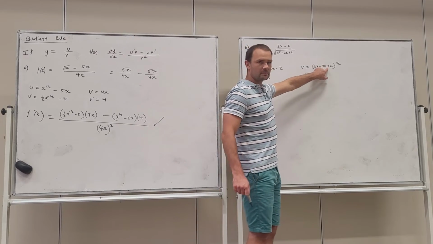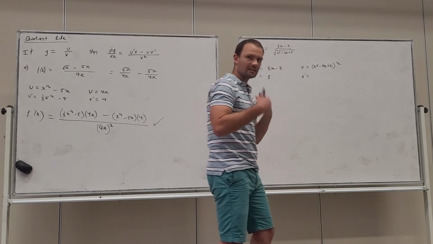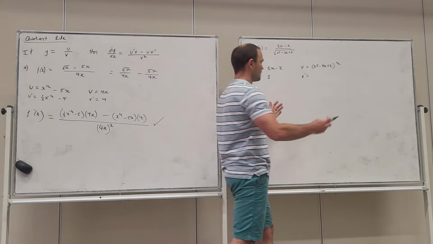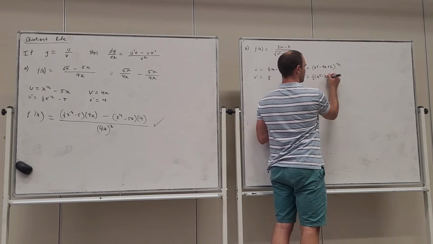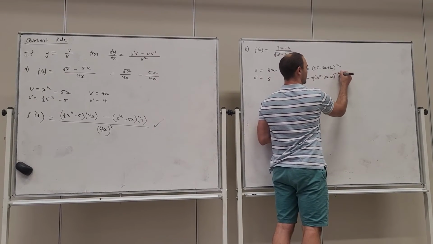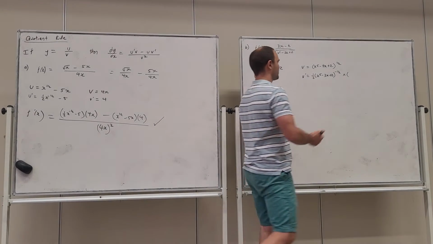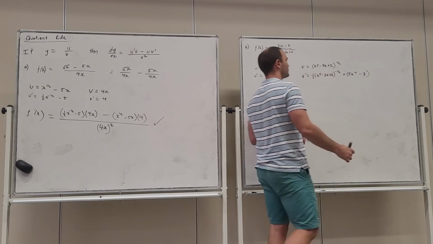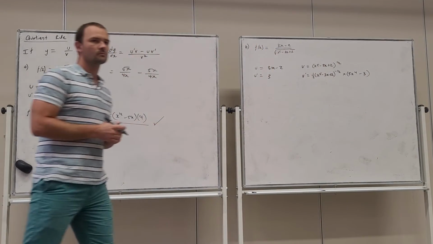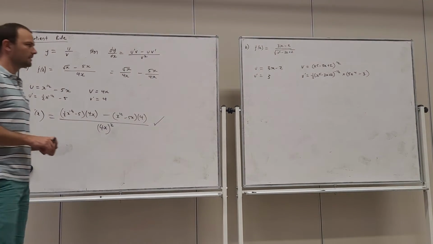V is a composite function. We've got some function to the power of n, which means we need to use the chain rule. So we're going to go n f of x, so n take 1, times f dash of x. Right, I think we're all pretty okay with the chain rule, so that's how we get v dash,